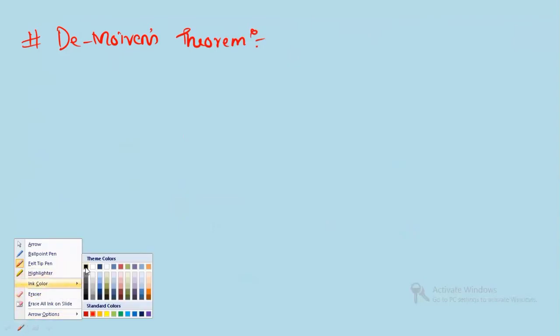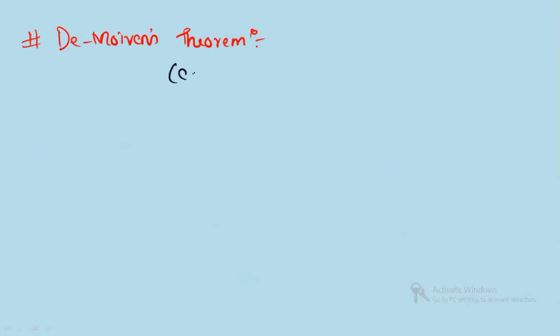Next, one more important topic is De Moivre's theorem. It is a very important theorem, and it's very easy. How can you write it? De Moivre's theorem can be written as cos theta plus i sin theta, whole to the power n, equals cos n theta plus i sin n theta. That means this n will come with the angle theta, with the argument theta. Here n is an integer. So this is De Moivre's theorem.